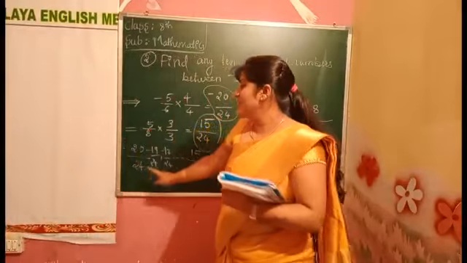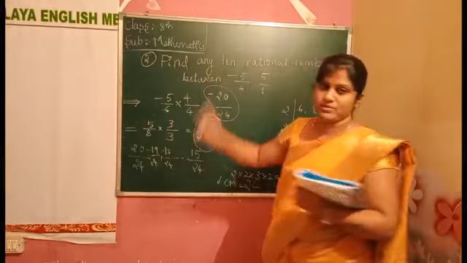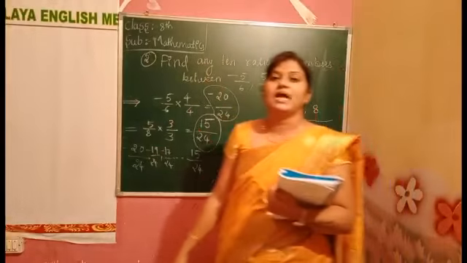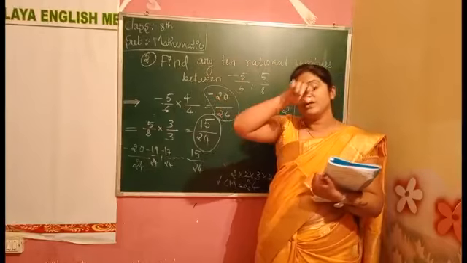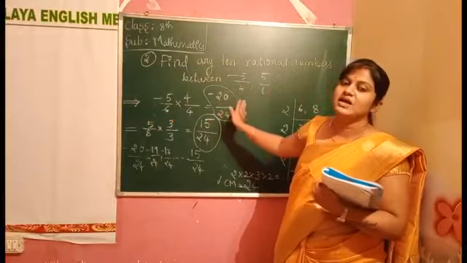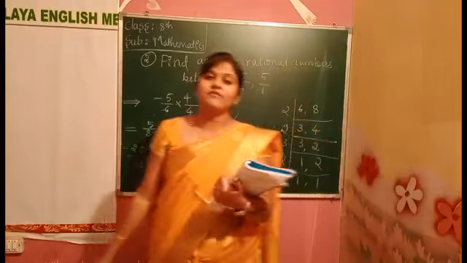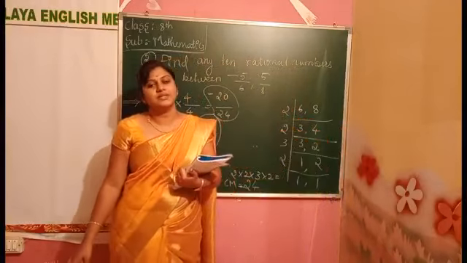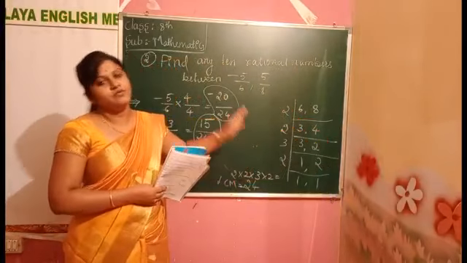Okay. This is the way of finding the rational numbers in between two rational numbers. This is another way; that time we did it with the other method. This is the other way of finding rational numbers. Understood now? Okay children, we have one more method, we will solve it in the next class. Please practice all this one more time.